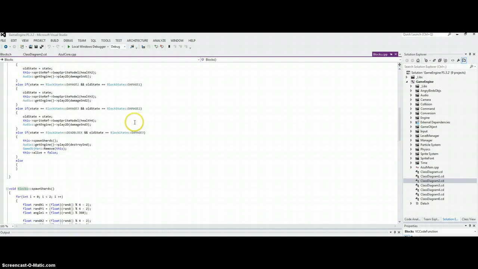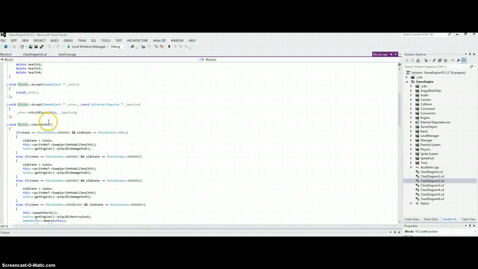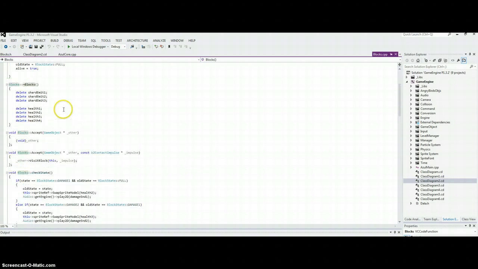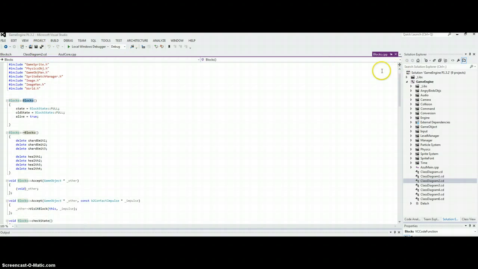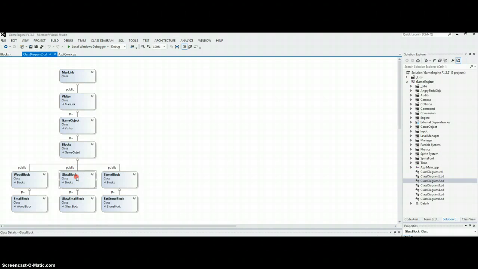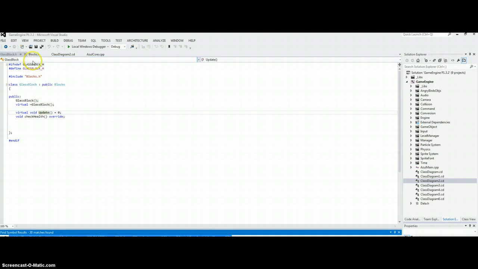So all blocks have a spawn shards. All blocks have a create body, and they all have similar states, whether it's full health, damage state 1, 2, 3, or dead. And it works pretty nice. So after that, you have blocks, which then right here we have type glass box, which just has a